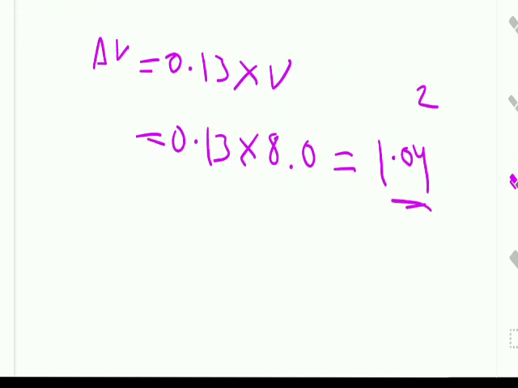So V is equal to 8.0 plus or minus 1.04,